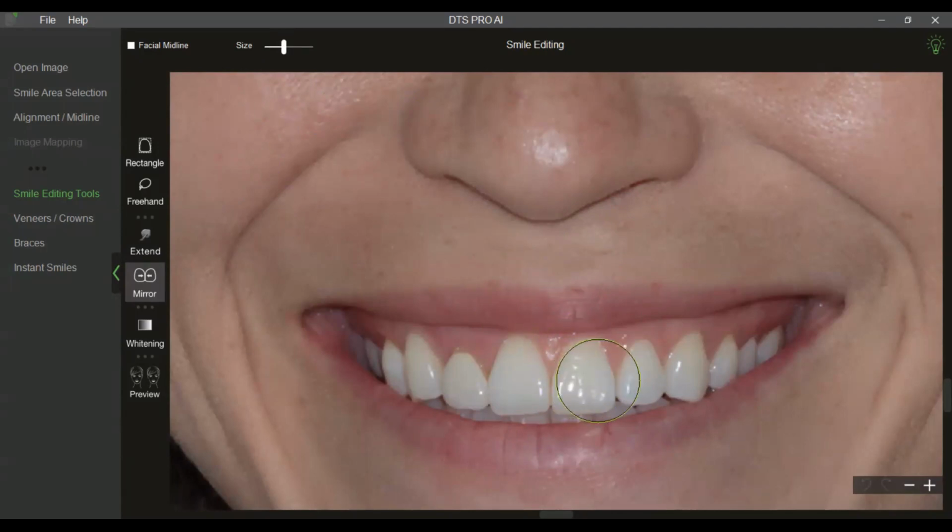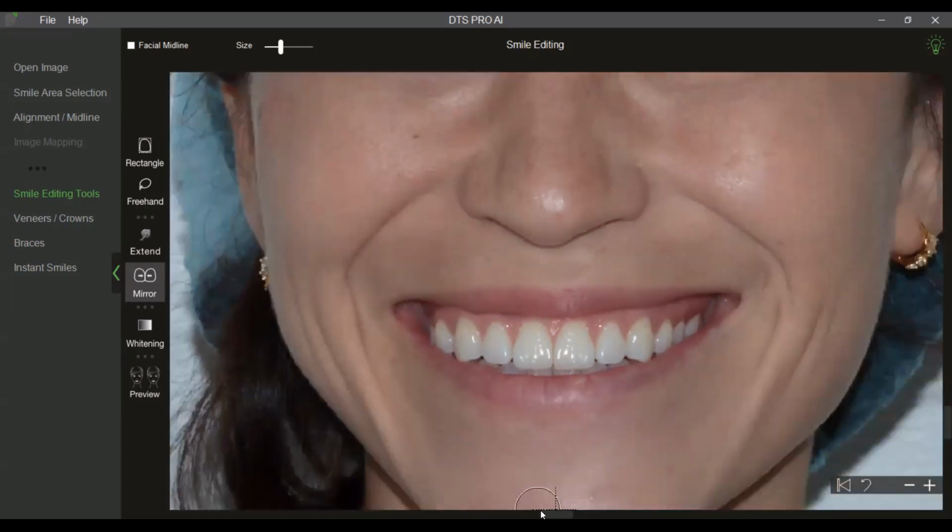Okay. Now I am keeping the edge of the brush at the midline. As you can see, I will slightly reduce the size. Press Alt key and left click. I repeat, press the Alt key and left click and leave it. Now I will just go to the other side and start clicking. As you can see, the patient's right side is mirrored on the patient's left. You can go ahead and even mirror it further, but I don't want to extend it too much. That is it. Good enough for me.